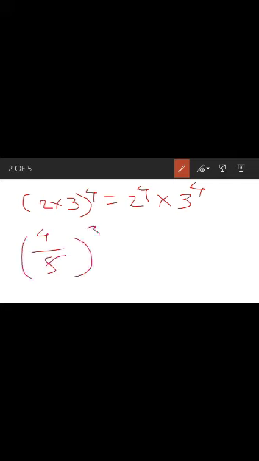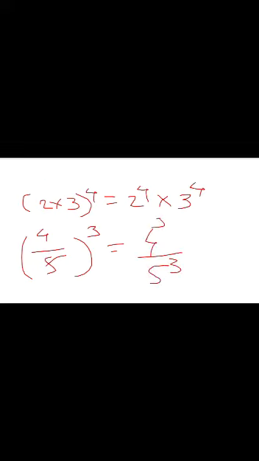Okay, which is this rule then, students? Now see, if a and b are non-zero rational numbers and m is an integer, then (a multiplied by b)... suppose, what will we get? (2 multiplied by 3) raised to 4 is equal to 2 raised to 4 multiplied by 3 raised to 4. And if (4 upon 5) raised to 3, what will we get, students? 4 raised to 3 and 5 raised to 3. This we will get in the rule. Now what is the rule then?